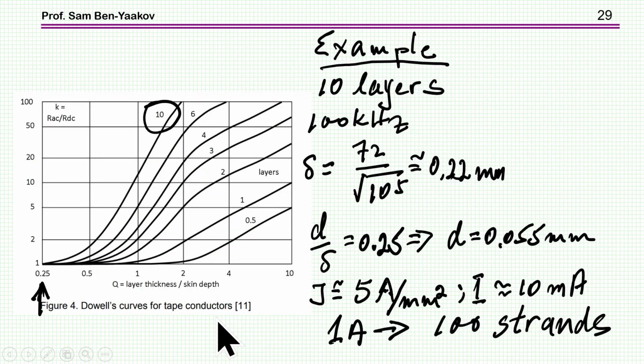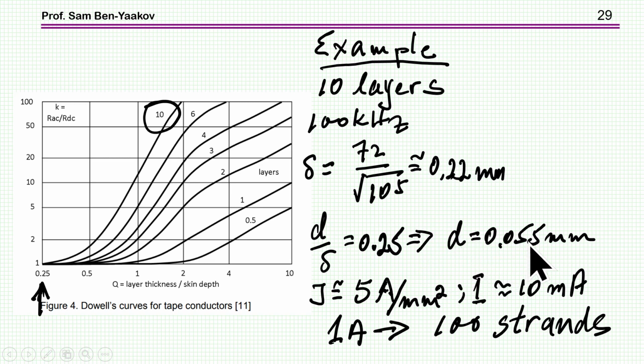Let's take an example of the type of wire that you actually need. So suppose you have a 10-layer case, and I'm looking now at the 10th layer, and I'd like the losses to be as low as I can in order to reduce the total conduction losses. So I'd like to move to somewhere here, okay? And we are talking about a Q of 0.25, okay? So if I have 10 layers, let's say 100 kilohertz, then the skin depth will be 72 divided by the square root of 10 to the fifth, which is 0.22 millimeter. So now to get Q 0.25, I have to multiply this by 0.25,